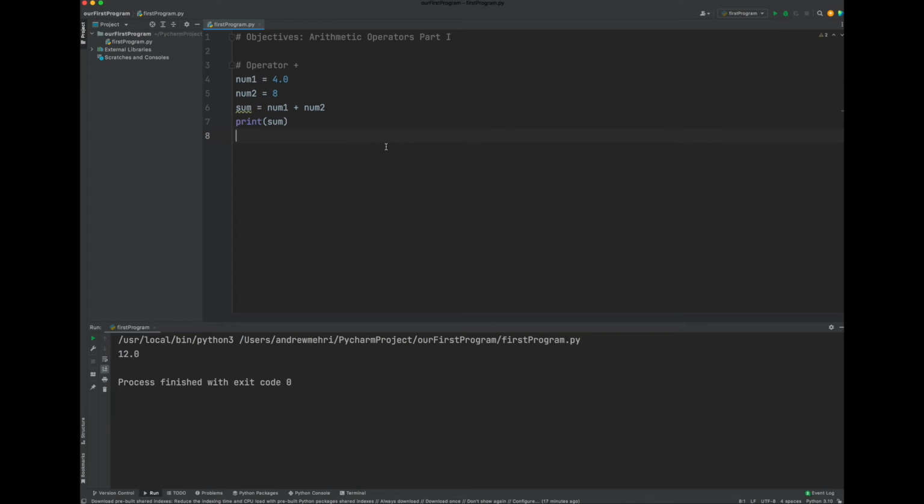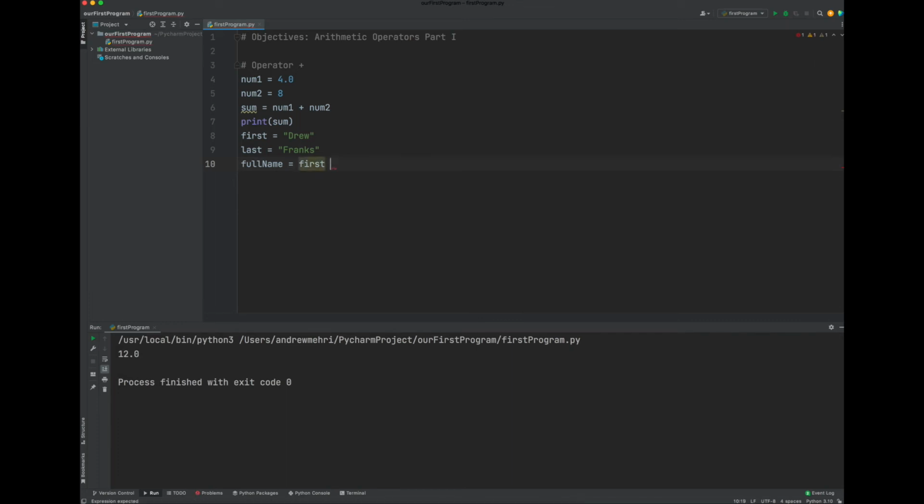So for example, if I have first equals Drew and last equals Frank's, okay, and then I can concatenate, so full name, concatenate these two together. So first plus last as variables, right? So what's going to happen here? So if we print full name,